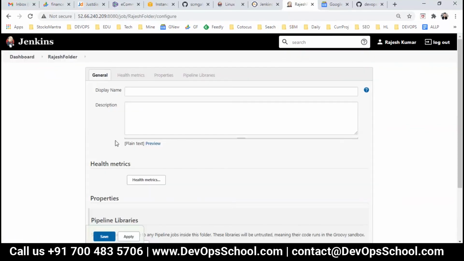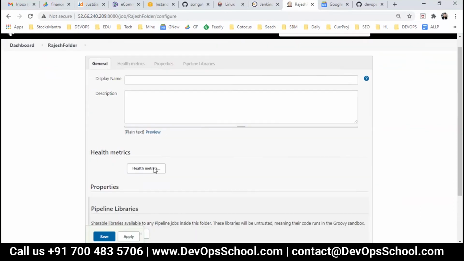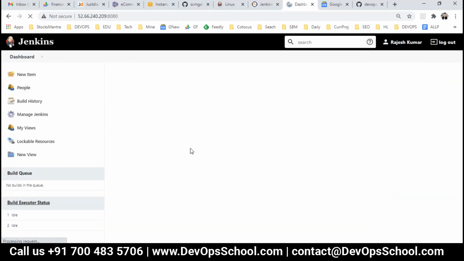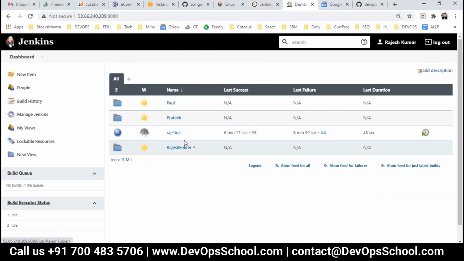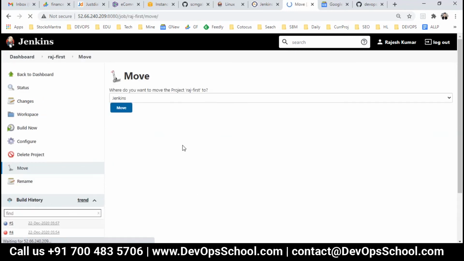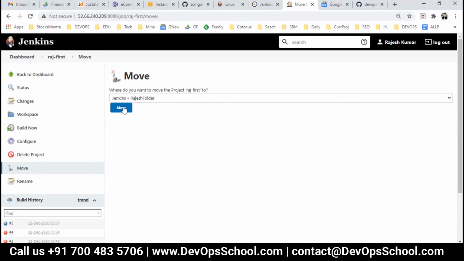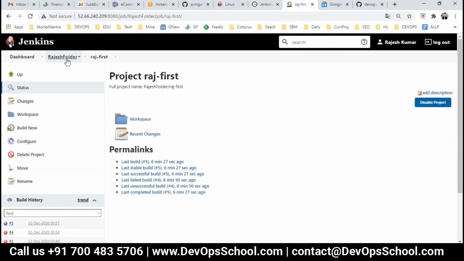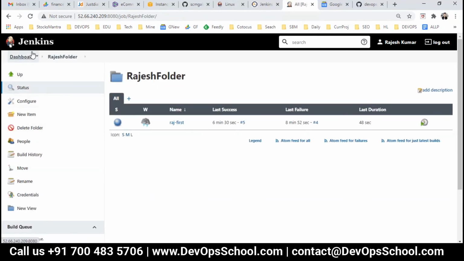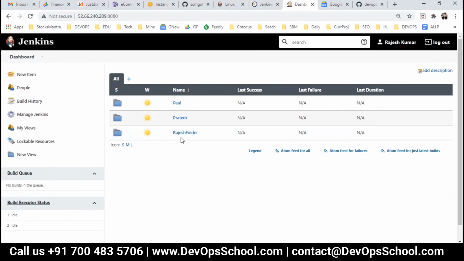Look at it. After that, I am going to add all of my jobs, move to folder Rajesh. That's all. Now I have a folder. Parallelly, someone else also has created a folder.